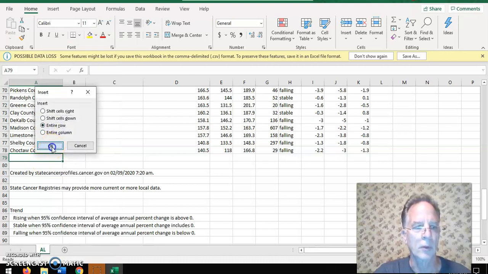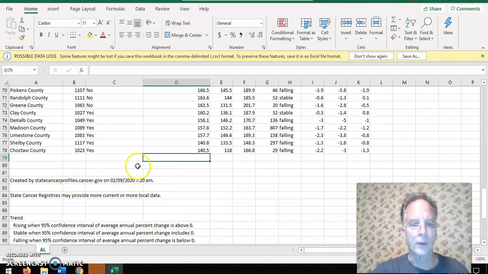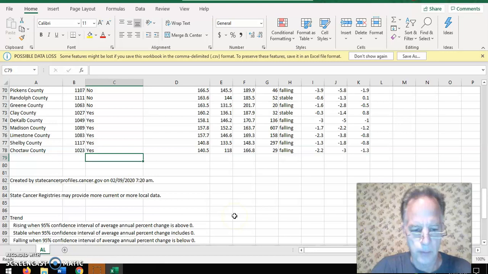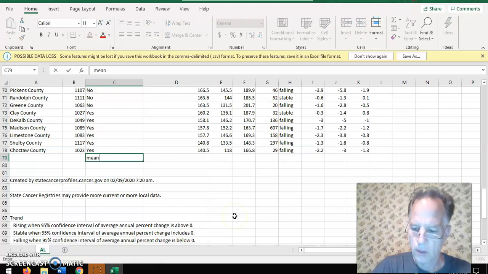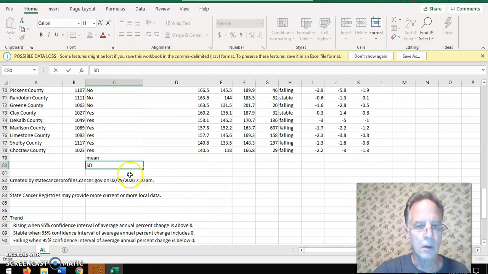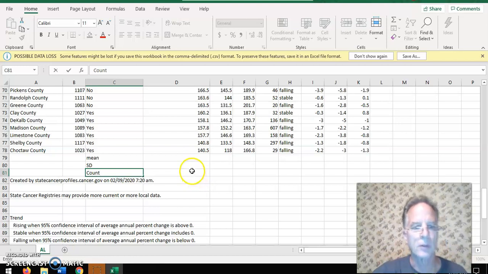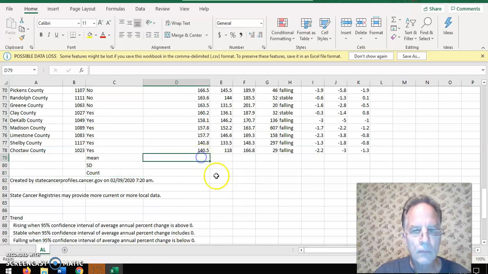Give us some breathing room here, and we'll type in anywhere here the mean and standard deviation, and let's throw in another one, count, number of counties, count T. Okay, so we'll go to FX,